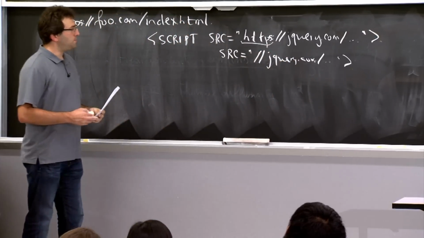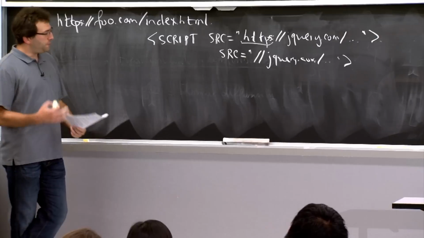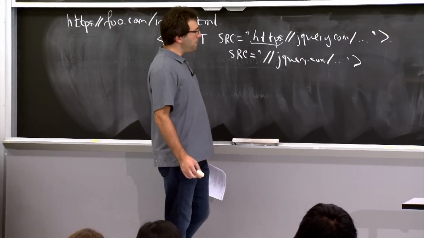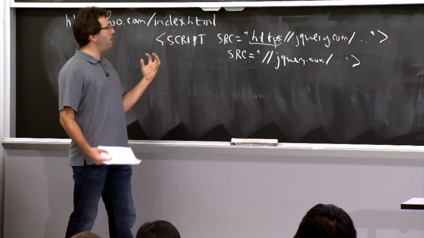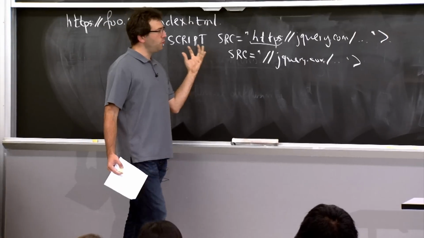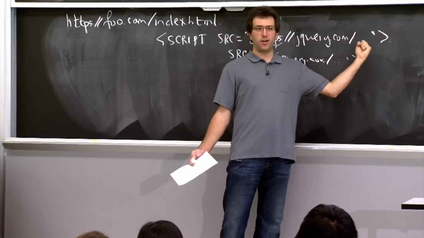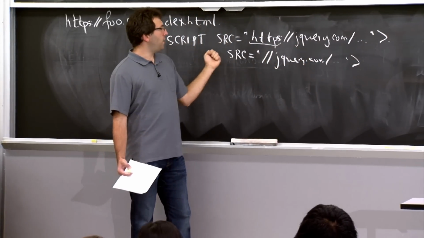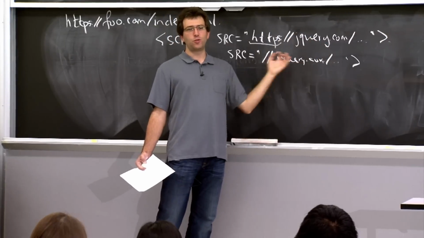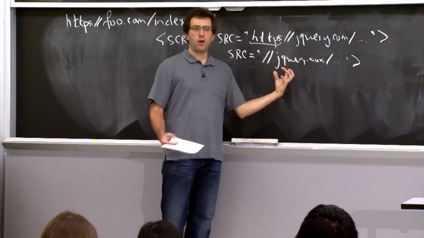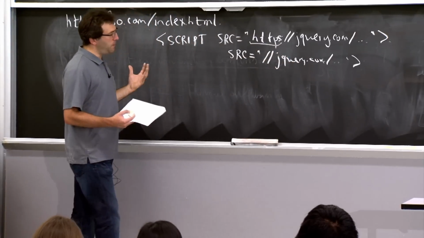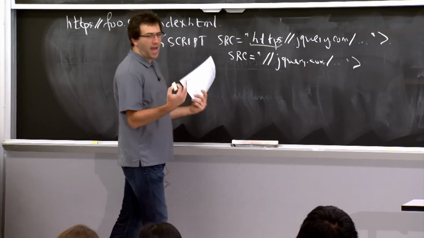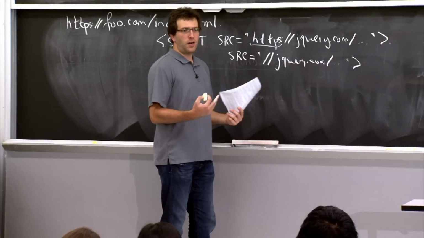Another thing that actually got introduced recently. This field is somewhat active; people are trying to make things better. One nice alternative way of dealing with this problem is perhaps to include a hash or some sort of authenticator right here in the tag. Because if you know exactly what content you want to load, maybe you don't actually have to load it over HTTPS. You don't actually care who serves it to you as long as it matches a particular hash. So there's actually a new spec out there for being able to specify basically hashes in these kinds of tags.